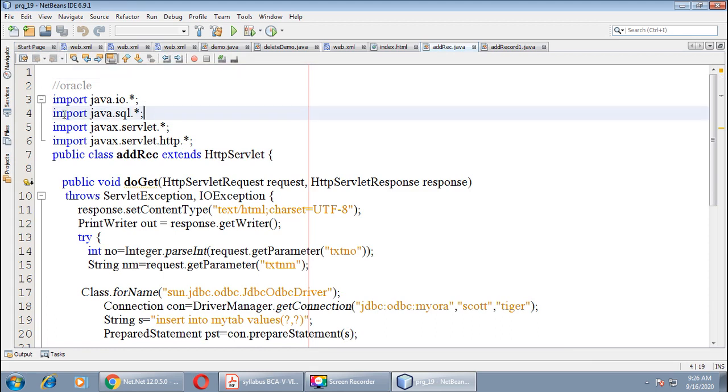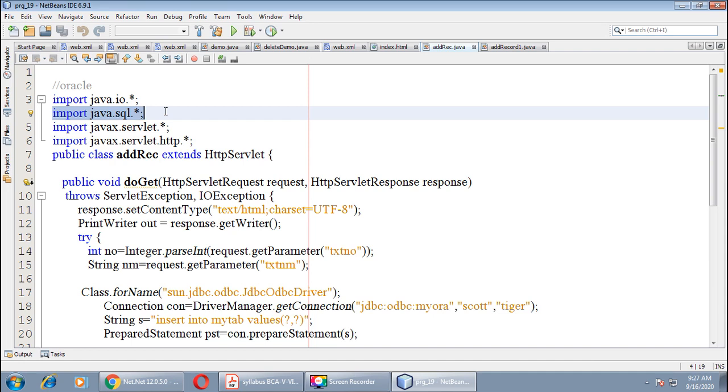See, one more package is required, that is import java.sql.star. As we have already learnt in our first unit, if you want to do the connection with any database, this package is important.